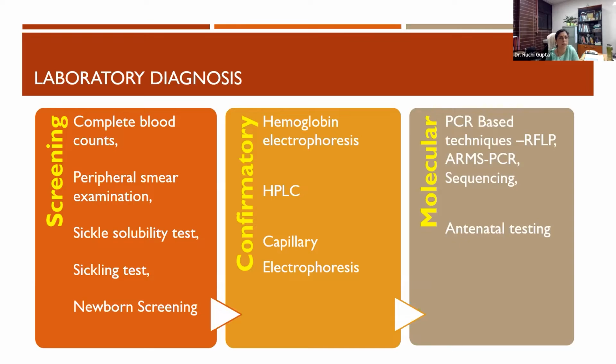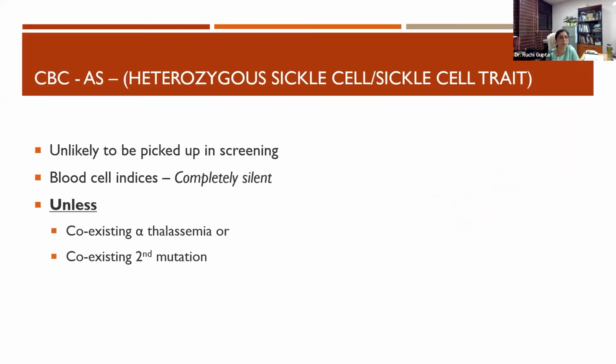So coming on to screening. What would the CBC show us? A patient who is heterozygous, as I have said, is almost always asymptomatic. I cannot say always. There can be some acute conditions where these patients might also have a sickling crisis. But usually heterozygous sickle cell patients are almost asymptomatic. Even their red cell indices, unlike a beta thalassemia trait, are completely silent,